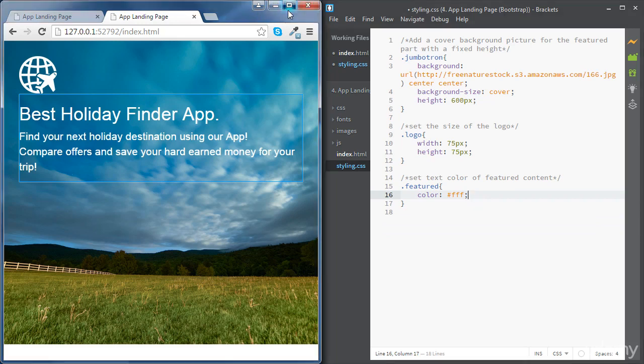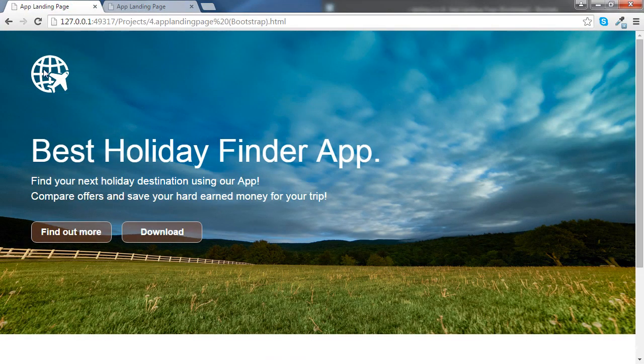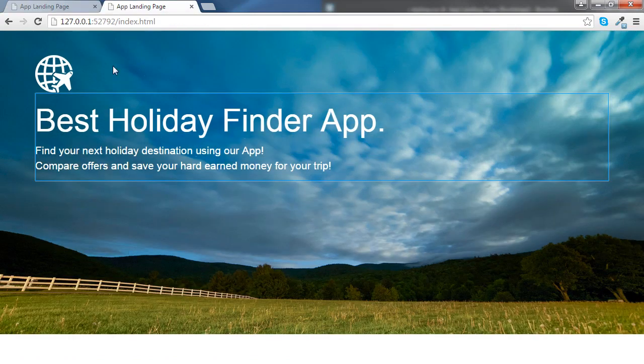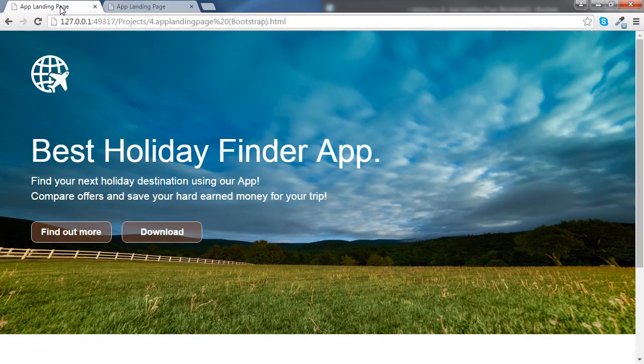Now let's add some space between the image and the heading. There are different ways to do this. We can either use the margin top and apply it to the heading. Otherwise, we can use the padding top. So I'm going to go for the padding top,